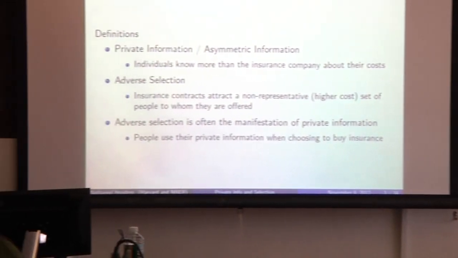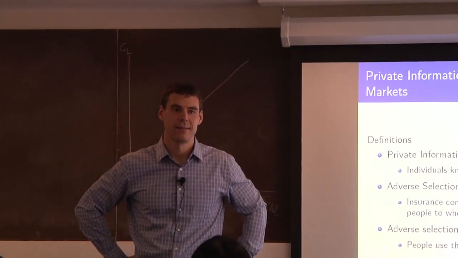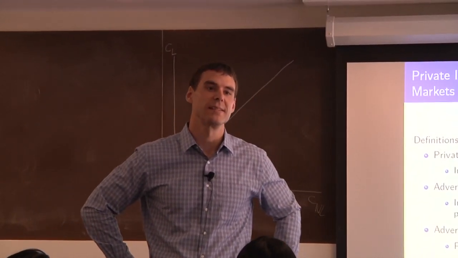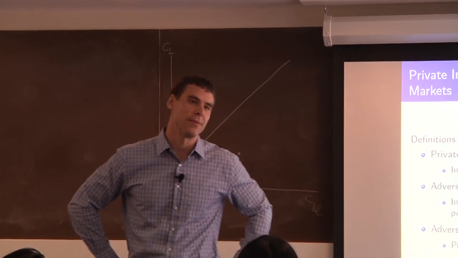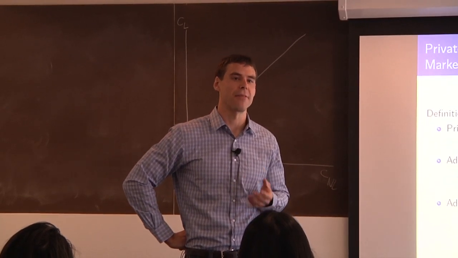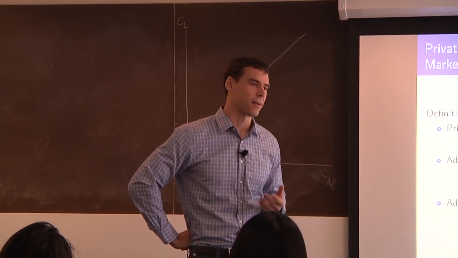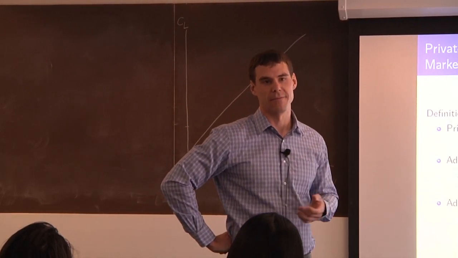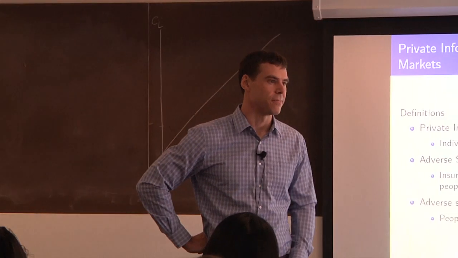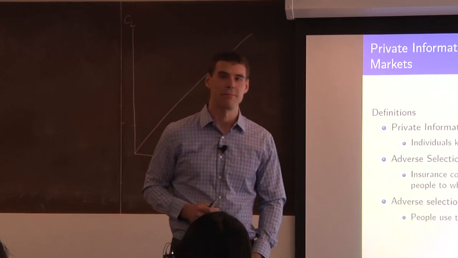Anybody want to give another one? What about a health insurance example? Anybody? Yeah. Past diseases, right. So the key assumption that you'd be making to call that private information is that the insurance company would be unable to gather that information to use it to price insurance. To the extent to which they can't gather full past medical records, some of that information could be used by the applicants to make decisions about what kind of insurance they would want. And so that would be a presence of private information.